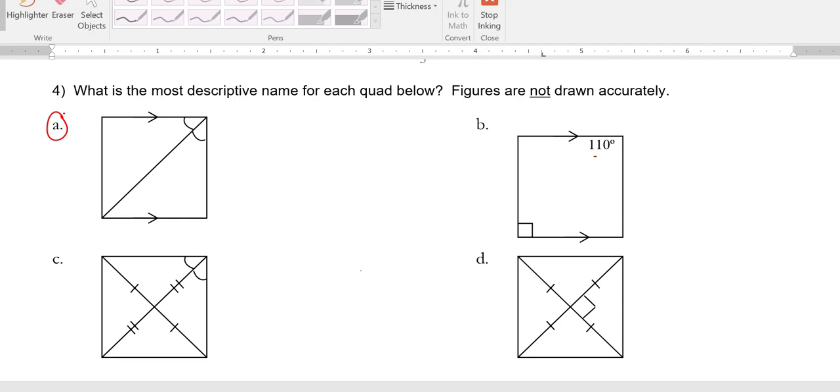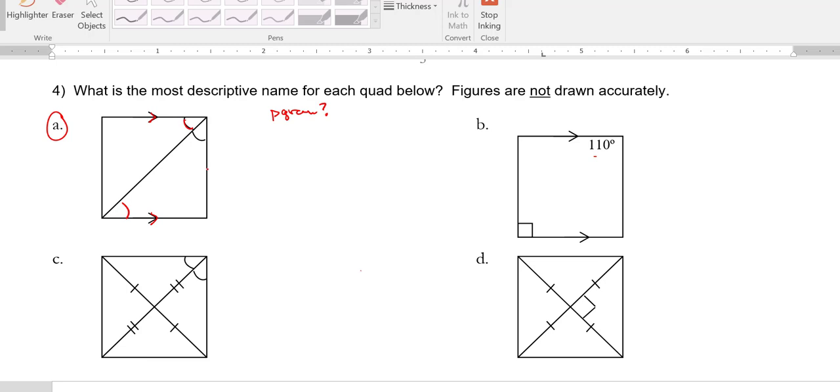So my recommendation is, for all these problems, identify first, is it a parallelogram? Okay. Does one of the 5 ways that we know how to prove a parallelogram apply in this particular case? And if you look at this first problem here, it doesn't seem to apply, although we can kind of toy with this a little bit in knowing that if these are parallel to each other, then this has got to be congruent to this because they're alternate interior angles,